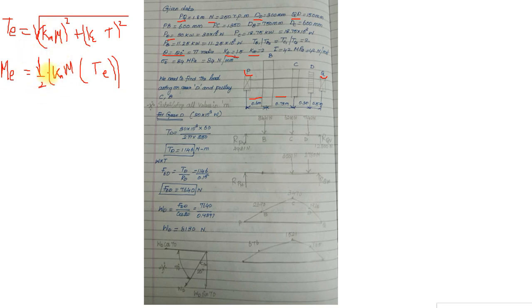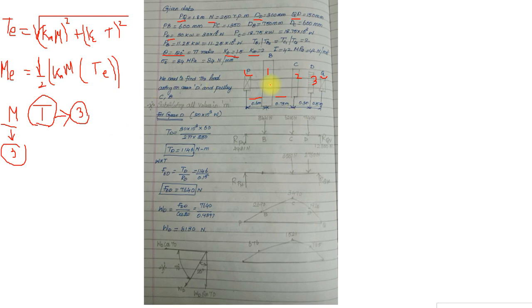In order to substitute the values in these formulas, we need only two values. One is M, the other is T. M is nothing but the bending moment, T is nothing but the torque. Previously we would be having only one torque, so we would find it very easily, but in this case we will be having 3 torques and 3 moments, since the elements available in the shaft are 1, 2 and 3. We are having 2 pulleys and one gear. So let us go one by one.